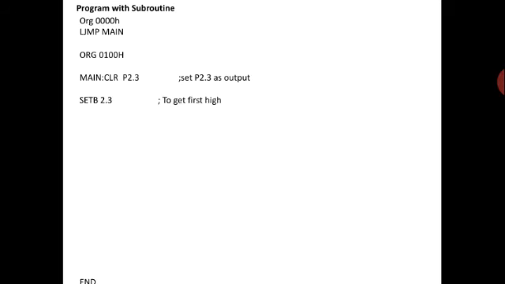So here is the code for the subroutine. The first is the output you have to set. So first you have to get a high. So how do you get a high here? See here, you got a high